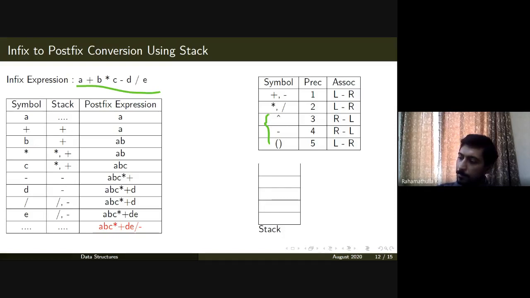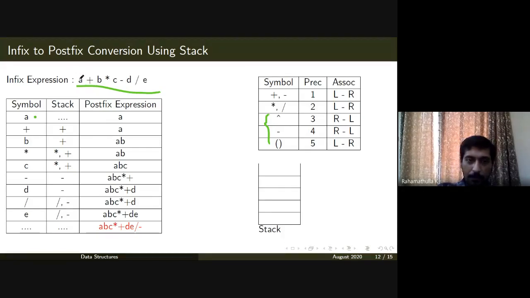So we'll be reading the infix expression one by one, in the sense one character or one element at a time. For the sake of simplicity, we assume that it's a character string. Each your operand and operators are simple characters. So the first symbol what you get is a, and you don't have any entry in the stack. Then you just check whether you got an operand or operator.